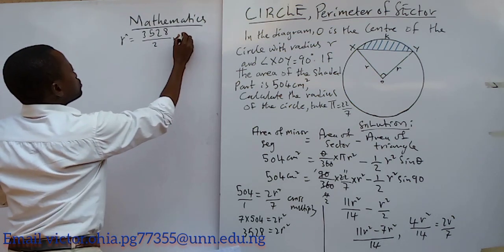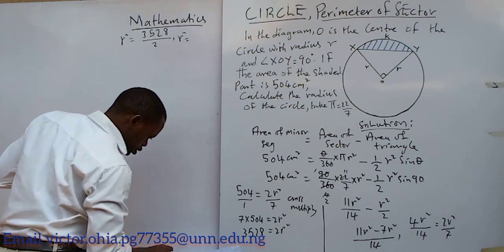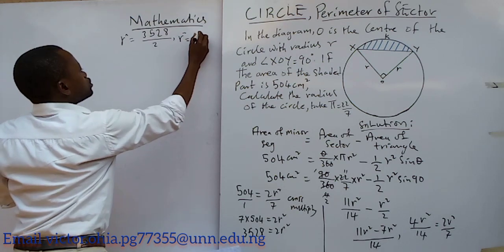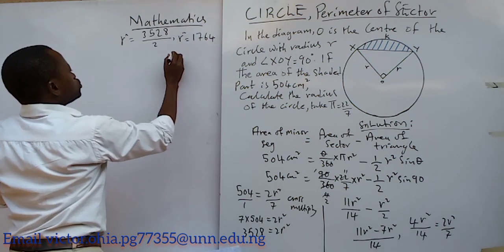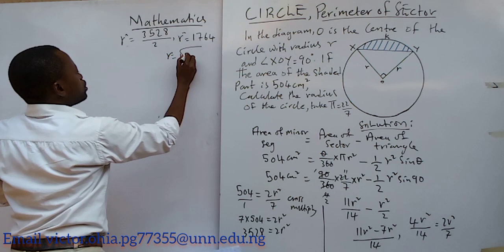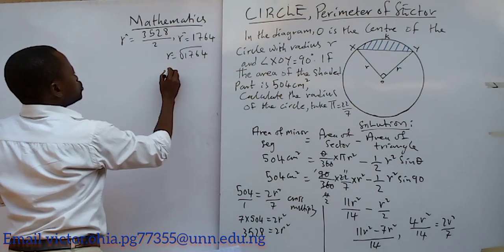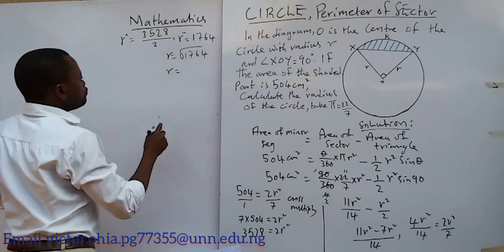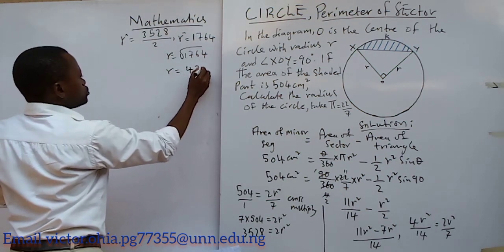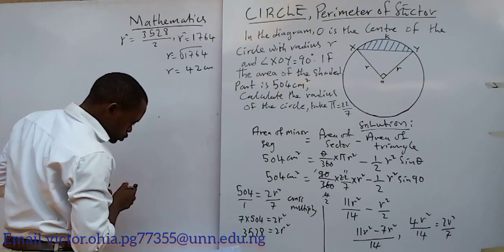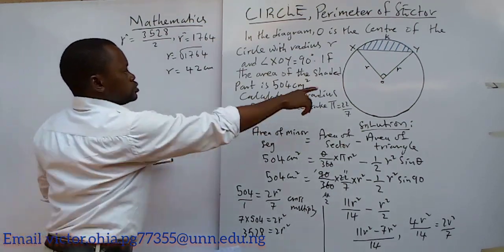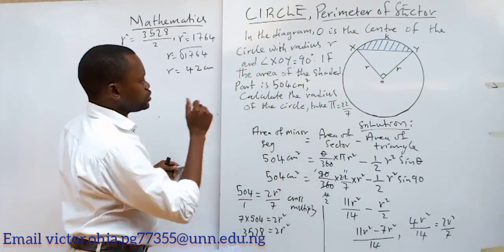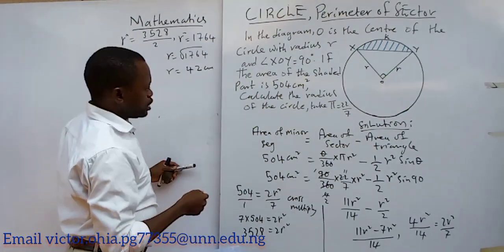So I have r squared equals what again? 1764. So r is equal to the square root of 1764, which is 42 cm. So this is the radius of this circle. Do we get that? This is the radius of the circle, and that is exactly what they asked us